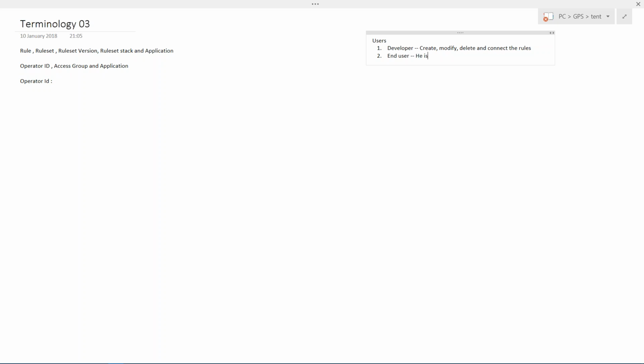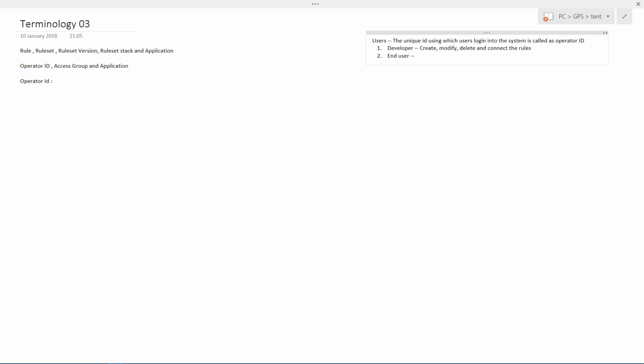The end user is the person who is going to use it for his business or personal purpose or whatever it may be. The unique ID using which users log into the system is called the operator ID.